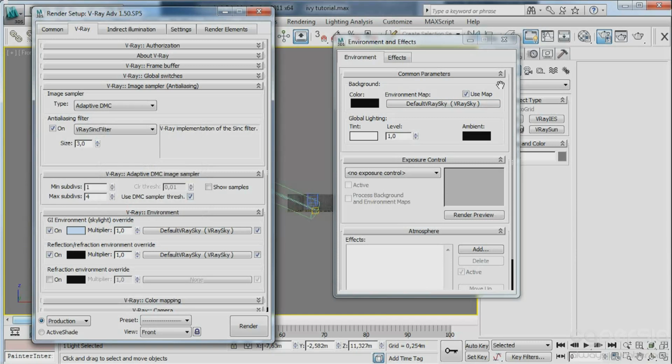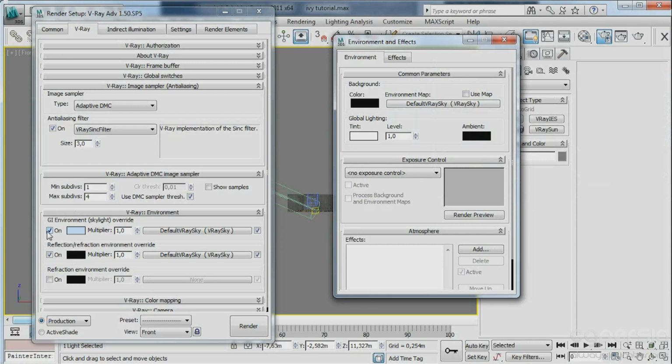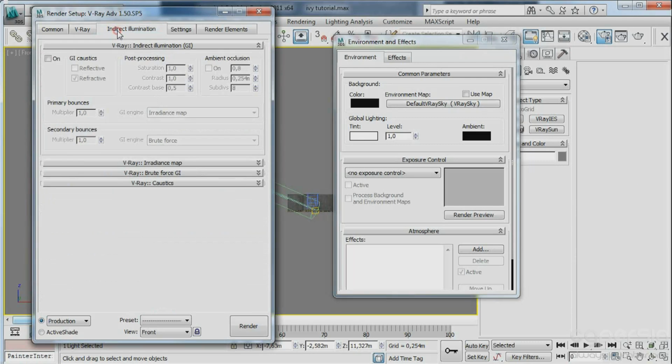Maybe we'll not see the sky basically here, so it's not important what we'll have here in the background. Even if I would choose black, it's not going to affect my lighting system because we have checked the GI environment skylight here. And we'll enable the irradiance, global illumination,